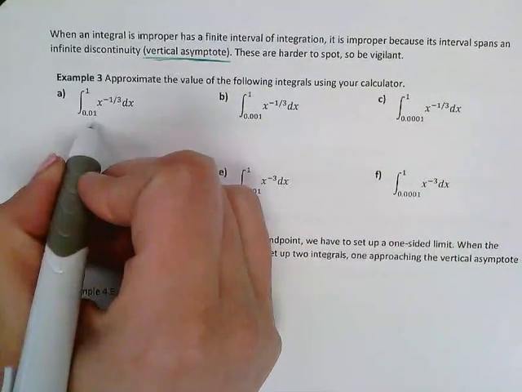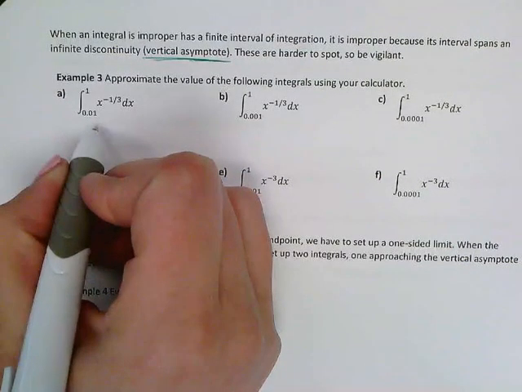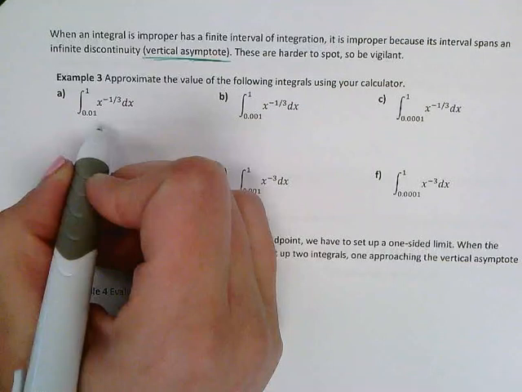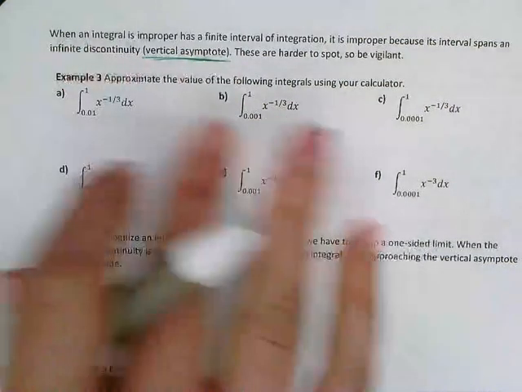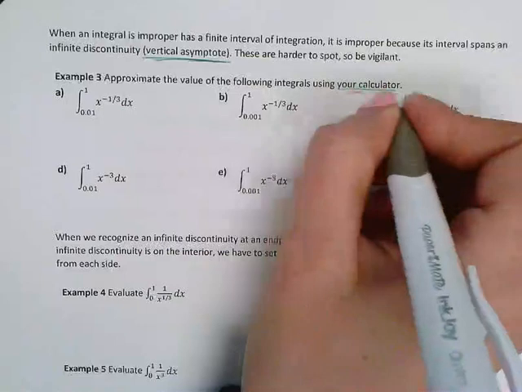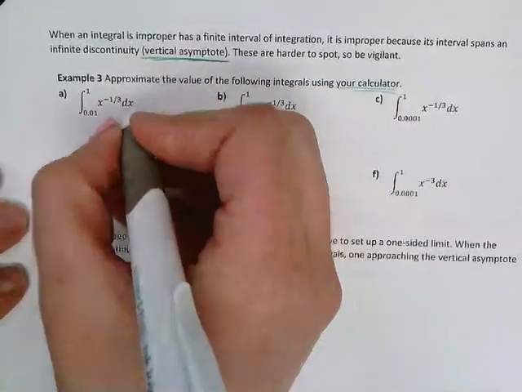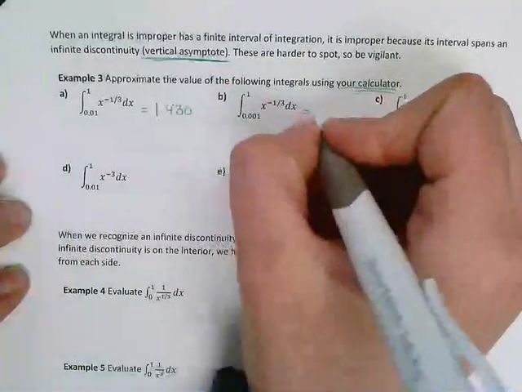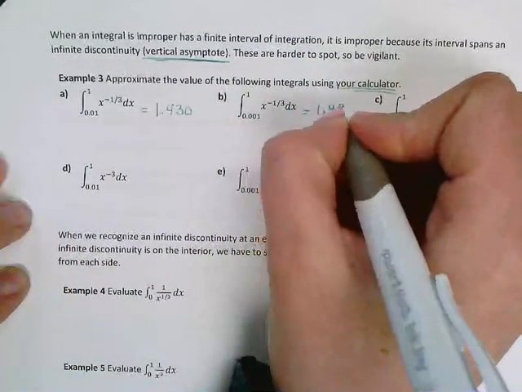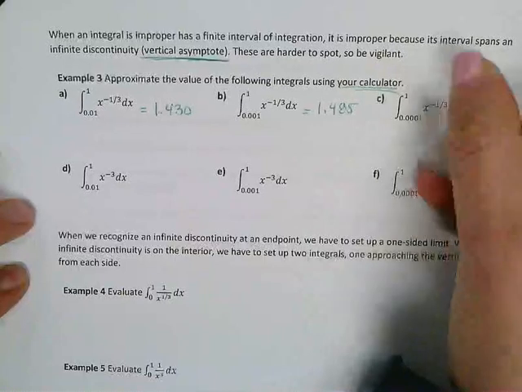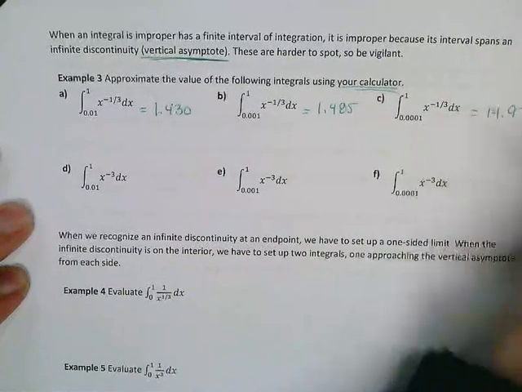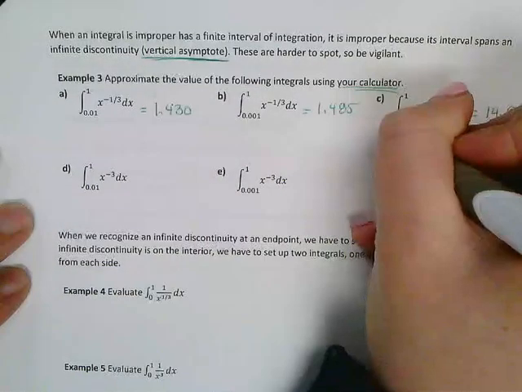But what you notice is... well, actually, let's do this one on the calculator because that's what we're supposed to do with this one. So if you plug this in, you will get 1.430 on your calculator. Plug this in and you get 1.485 on your calculator. Plug this in, you get 1.497. So really, the integral,